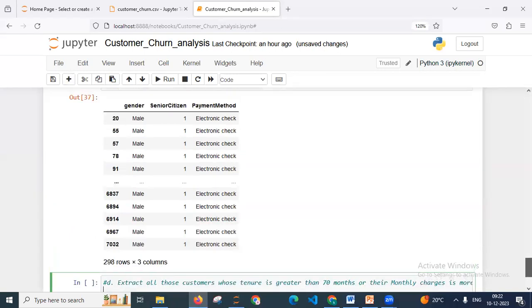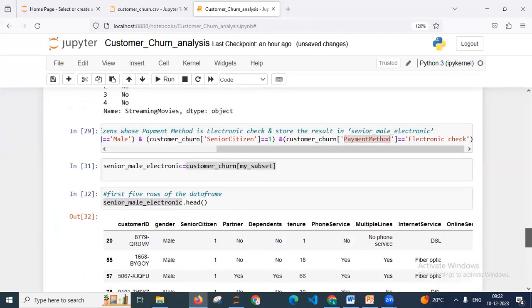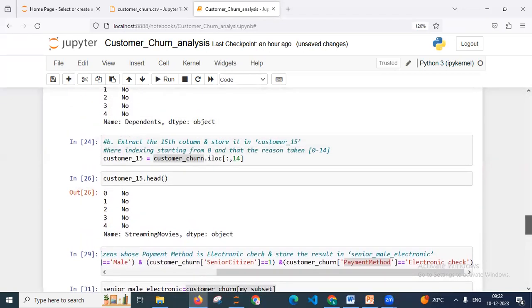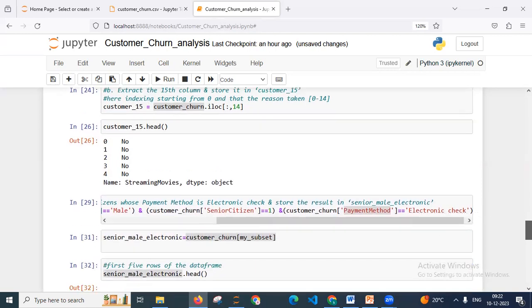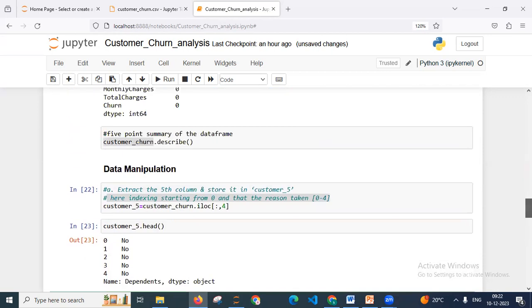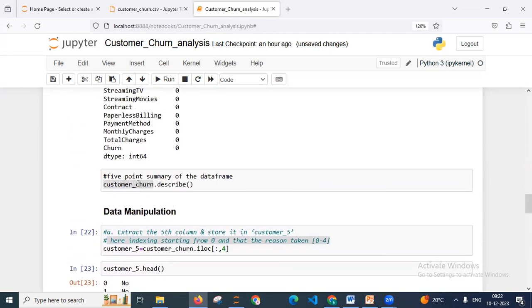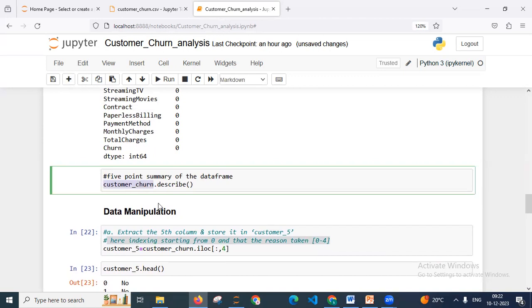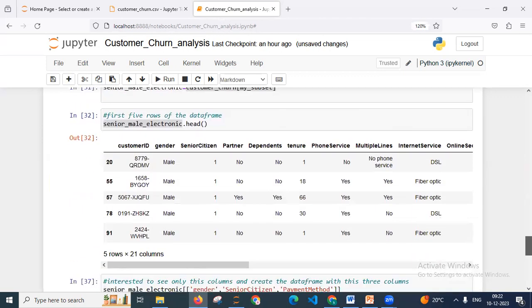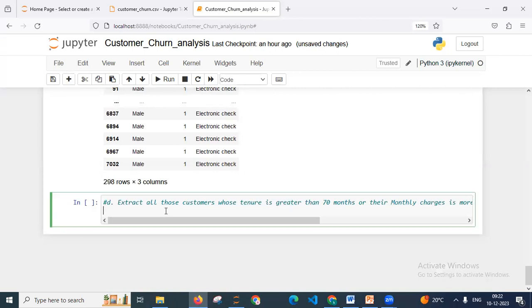So what is my data frame? Original, not customer file. These are all manipulated, right? The customer churn. So just go and copy customer churn. This is your data frame, right? Customer churn